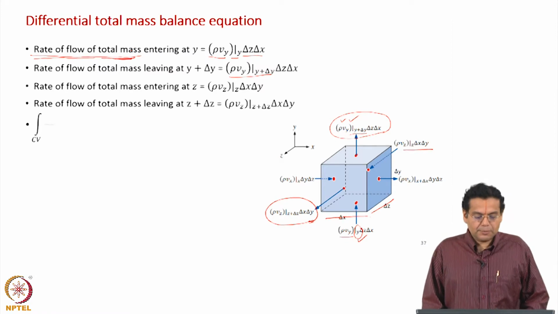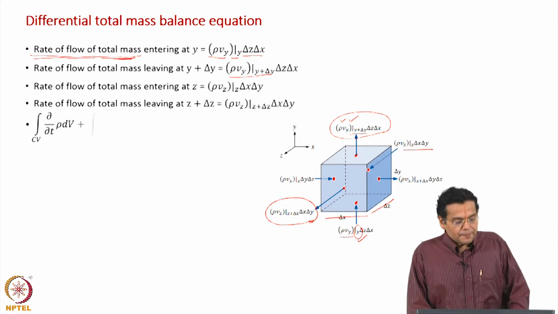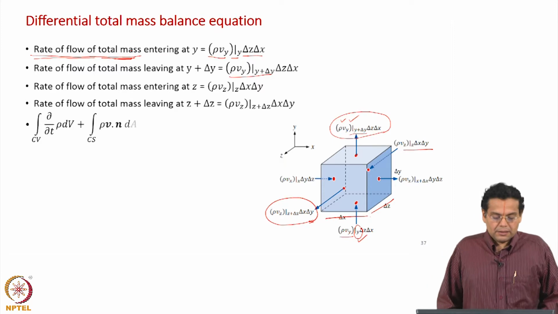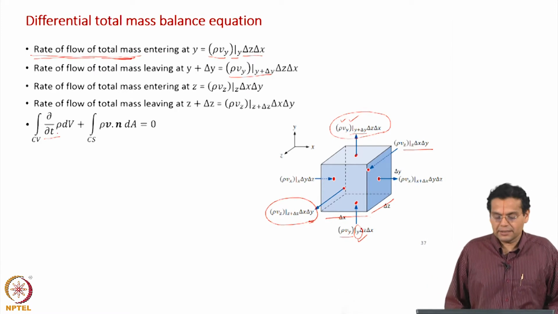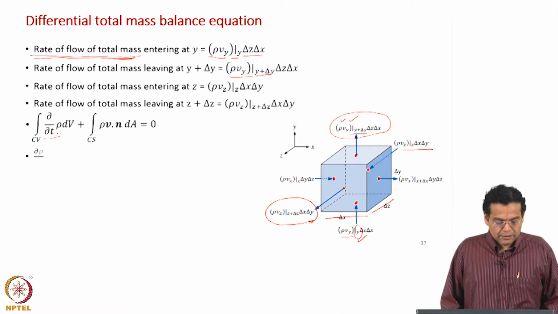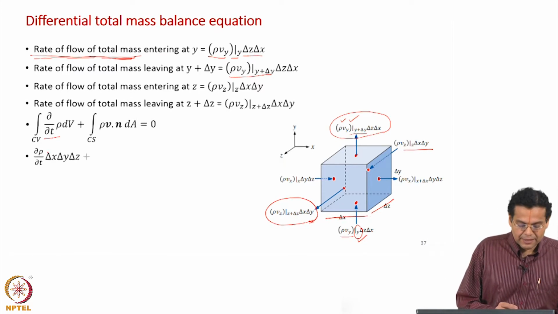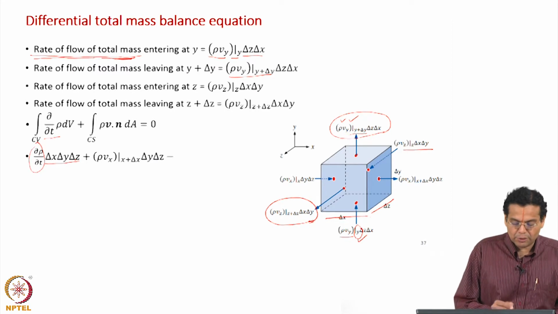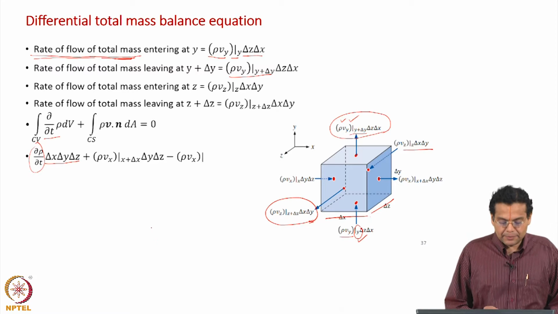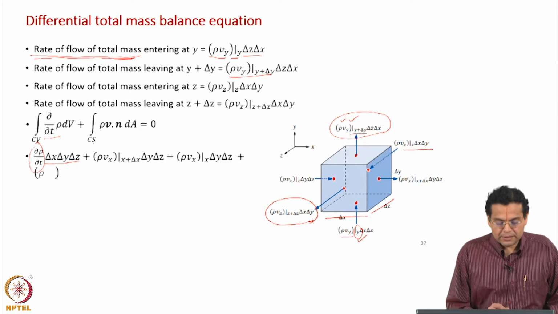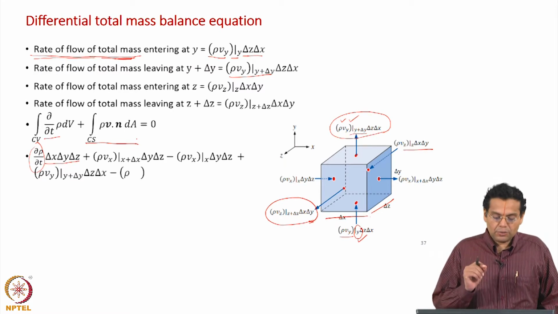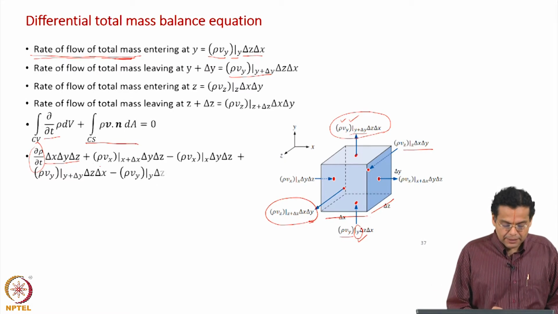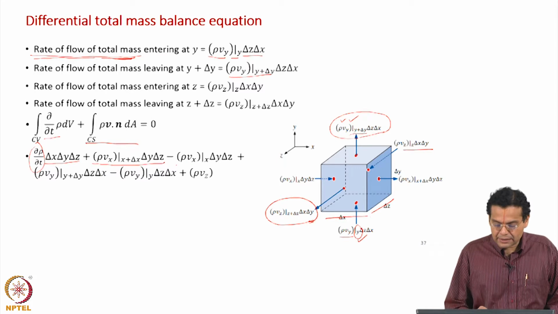Now, let us put it all together in the integral balance equation where we have brought dou by dou t inside the integral sign. Okay. The first term we simplified and expressed as dou rho by dou t into the volume. Second term, remember this term as we have seen represents net outflow. So, we are writing out minus in, please keep that in mind. This is outflow and this is the inflow.